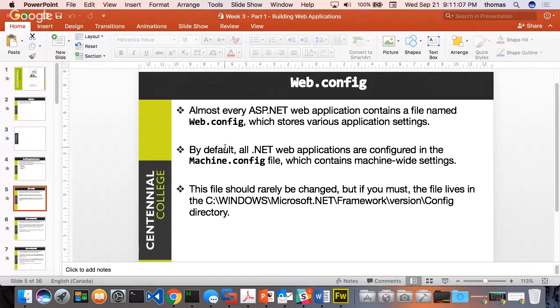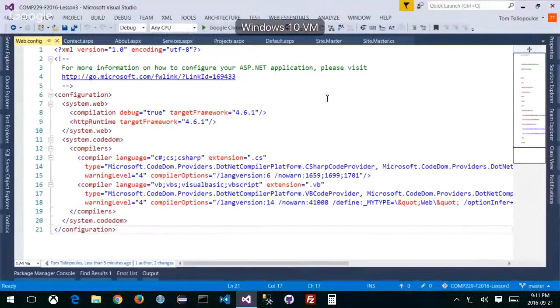Also, there's something else called a machine.config file, and it's usually located in your C, Windows, Microsoft.NET, Framework, Version, Config folder, right? You see what I'm talking about here. So if I go there, so go C,